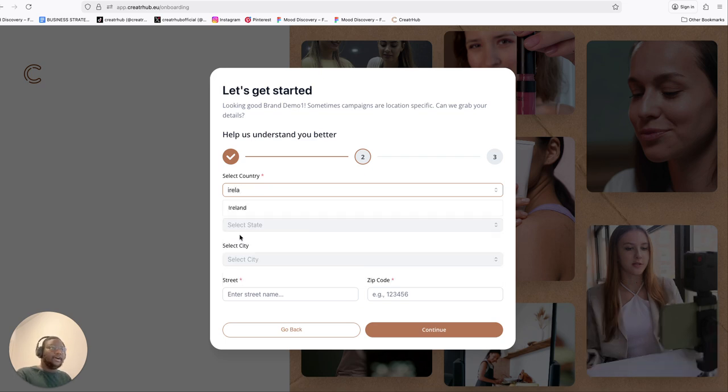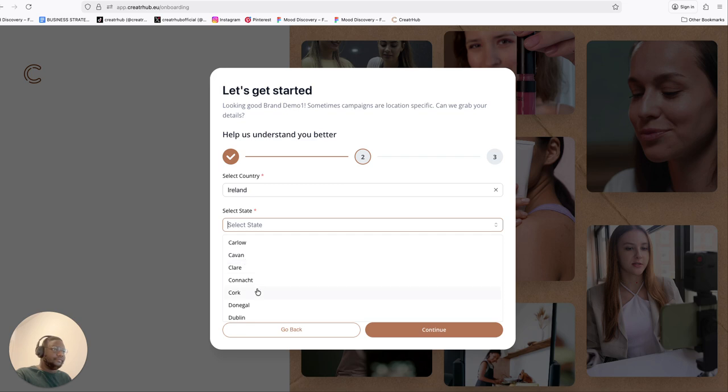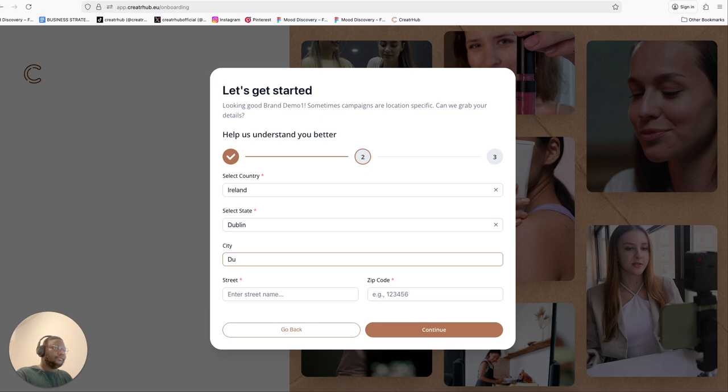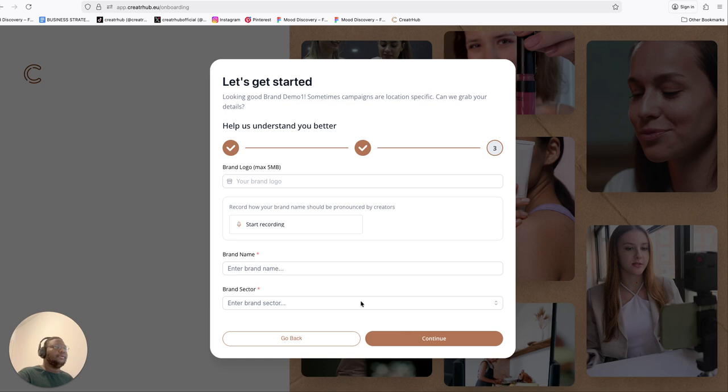So we're currently in Ireland. I'm going to do that. Dublin. Cool. Put that in. So one of the first things you want to do when you start onboarding to Creatrhub